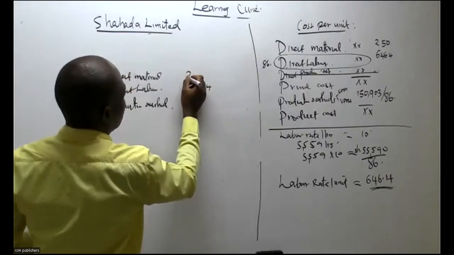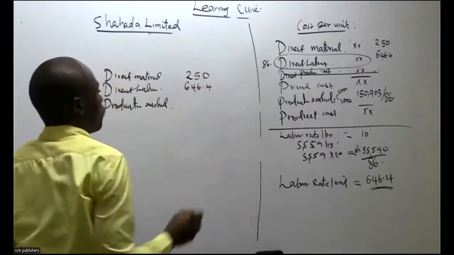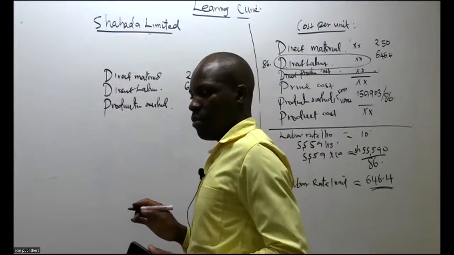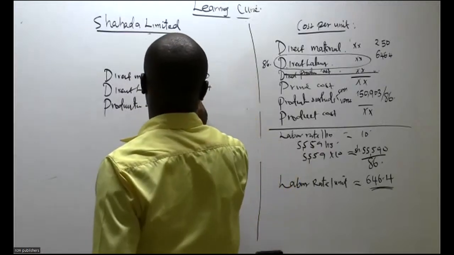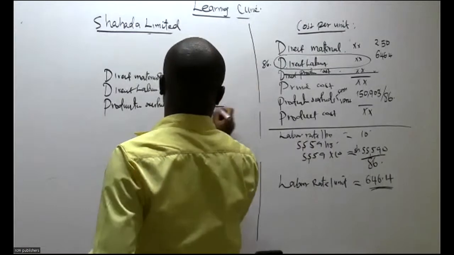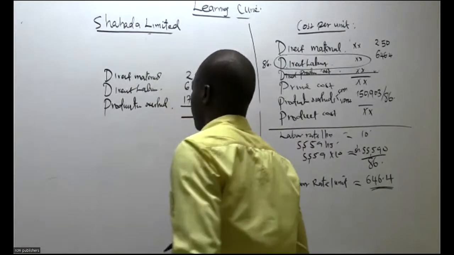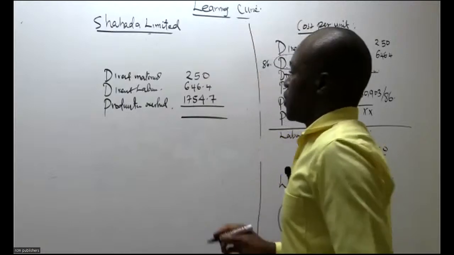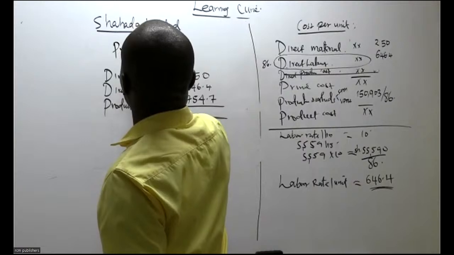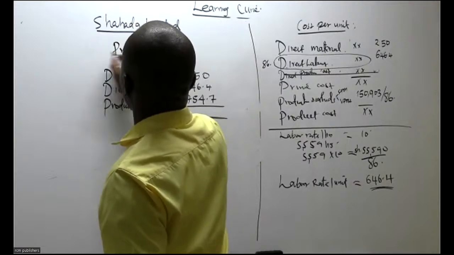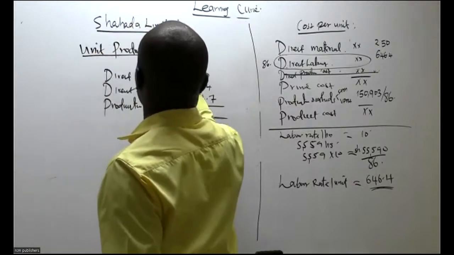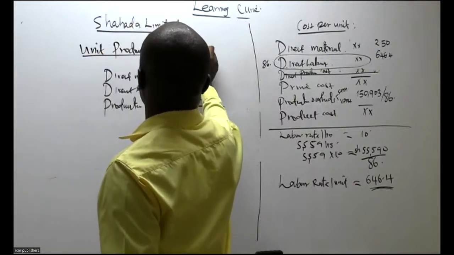So direct labor has been given 646.4. This one you are given 250 per unit. And this other one you are now giving me 1754.7. When we add all that, what will you have? So just say unit production cost or product